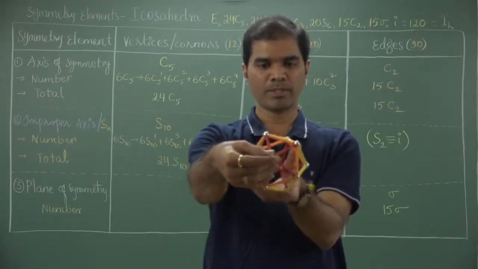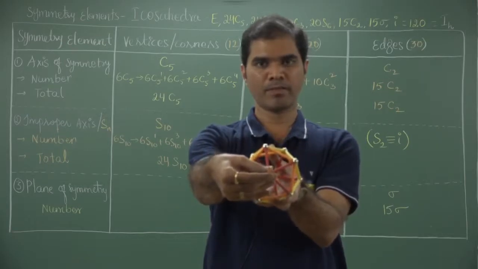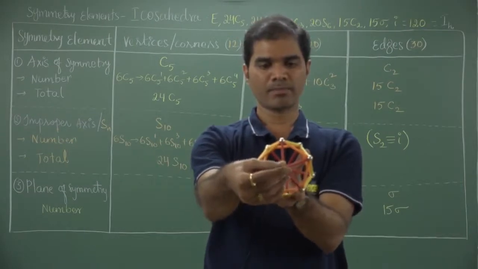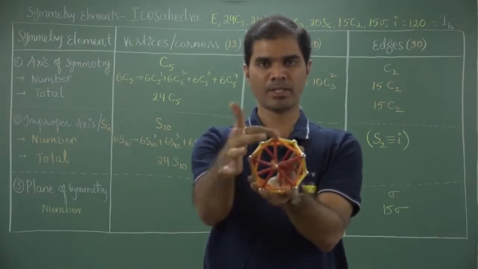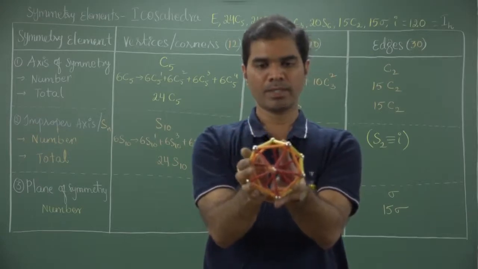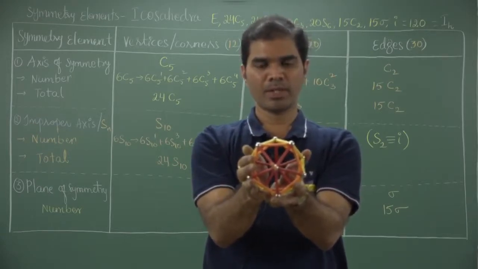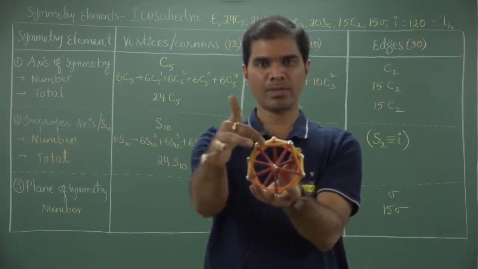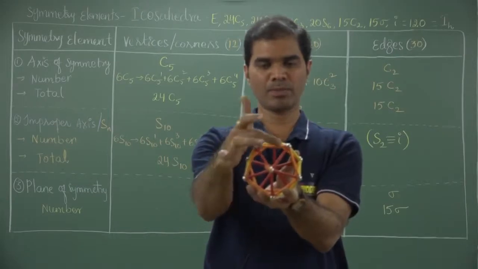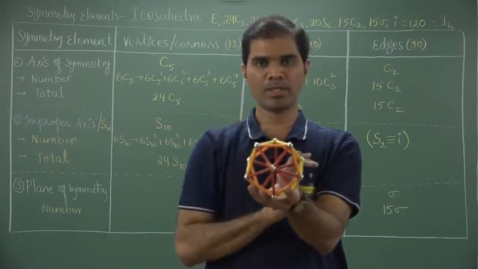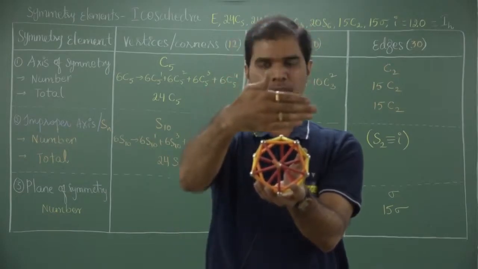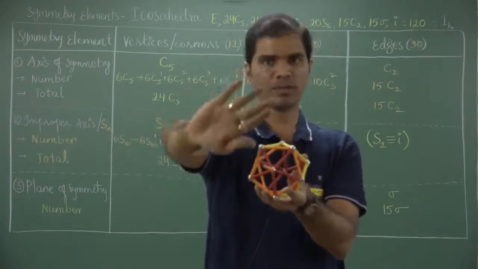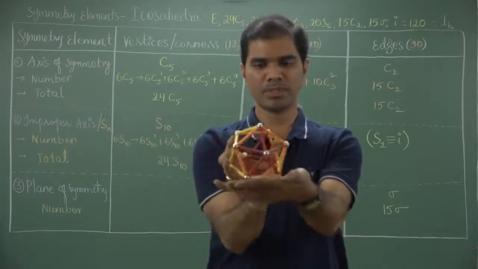When I am able to pass a C5 which gives an equivalent configuration, now we try to pass an S10. For S10, you look at this pentagon, the corner is above, right? Now I am rotating by this angle. Once I rotate by a 36 degree angle, you find the corner is below, the edge is above. But this is not an equivalent configuration. Pass a plane perpendicular to that. Once I pass a plane perpendicular to that, my half will reflect towards you. So, this is what is reflecting.